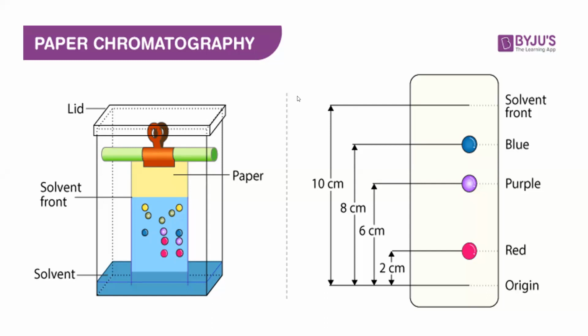So paper chromatography we saw last time. We also discussed how paper chromatography is a liquid-liquid chromatography, because we have a mixture of solvents there. So for example, last time we discussed that we are using,